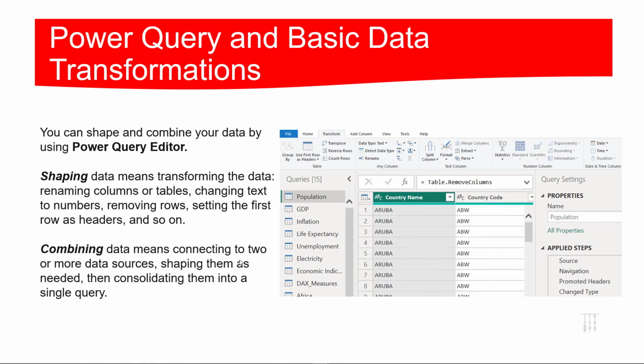So what can we do with Power Query? You can perform basic data transformations. As it said right here, you can shape your data. You can also combine your data. For shaping, you can just rename columns. You can change text to numbers, for example, change data types. You can remove rows. You can add more columns. There are so many things that you can do